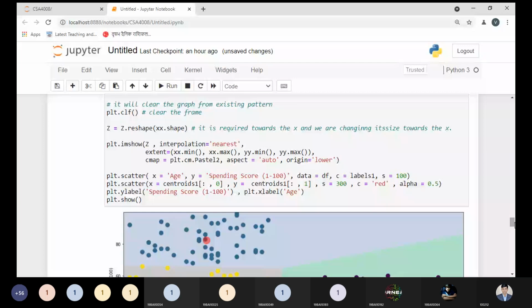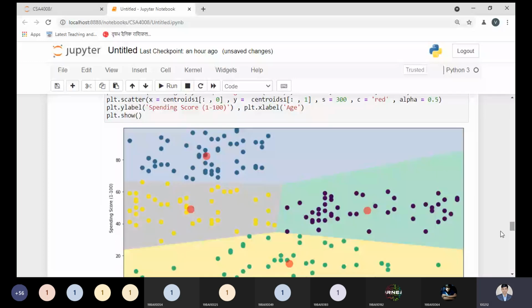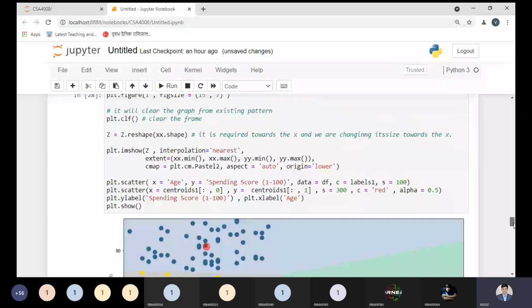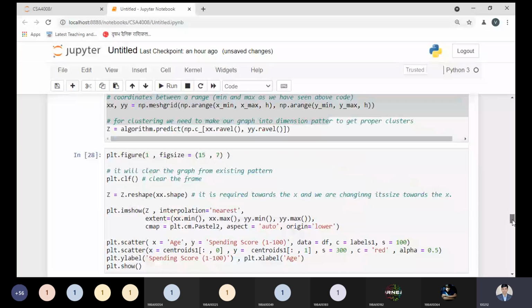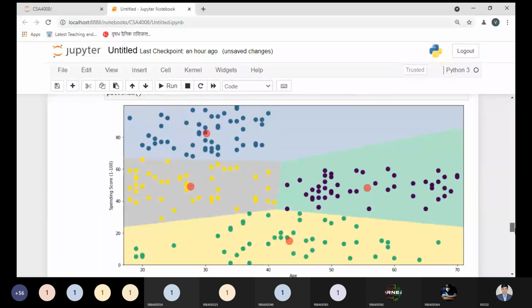See, you can see each and every data point is separated by a different color, and that is the reason they come from the jet colormap. So this is the beauty of jet. We have produced some information over here. Now see, this graph is visible, and the red is basically represented by the centroids. And how many clusters do we have? You can observe 1, 2, 3, 4.